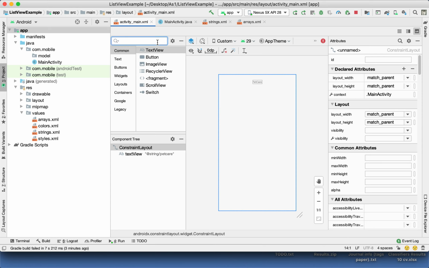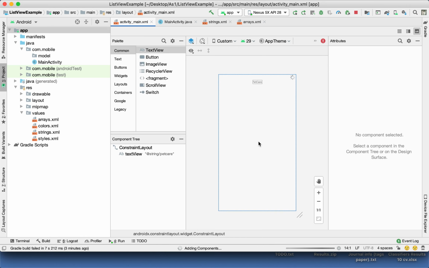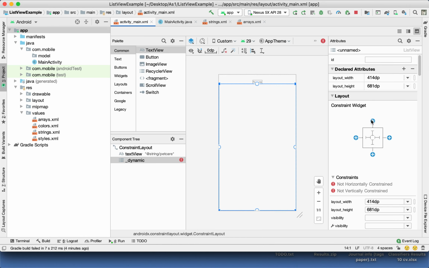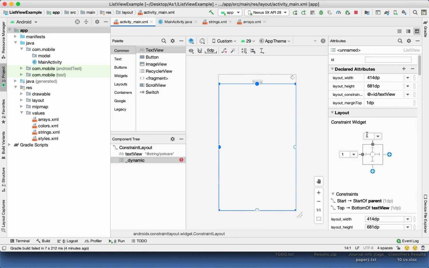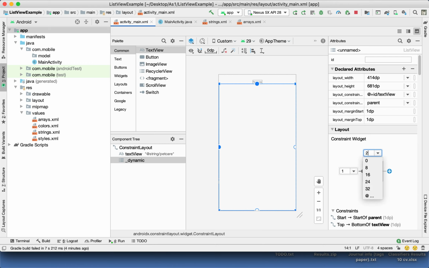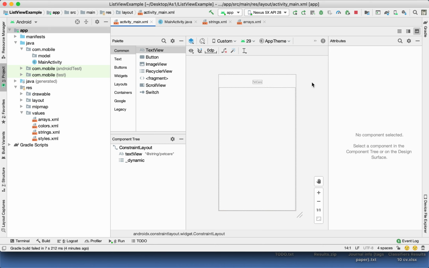So you can just come here to the palette, say list view, drag and drop, fix the constraints, and just add the spacing as needed for it to have a little bit of space just so it looks a little bit better. I will also resize the bottom part just a little bit. There. Feel free to pause the video anytime if you need a little bit more time to do